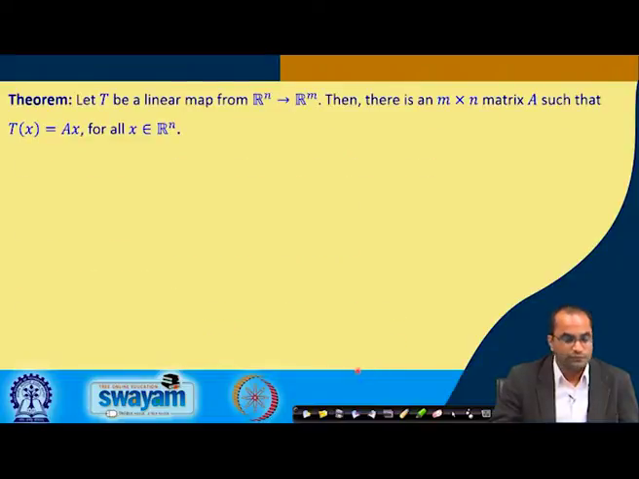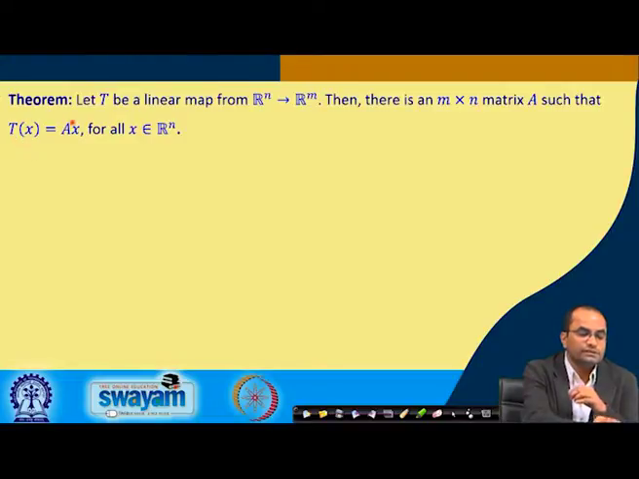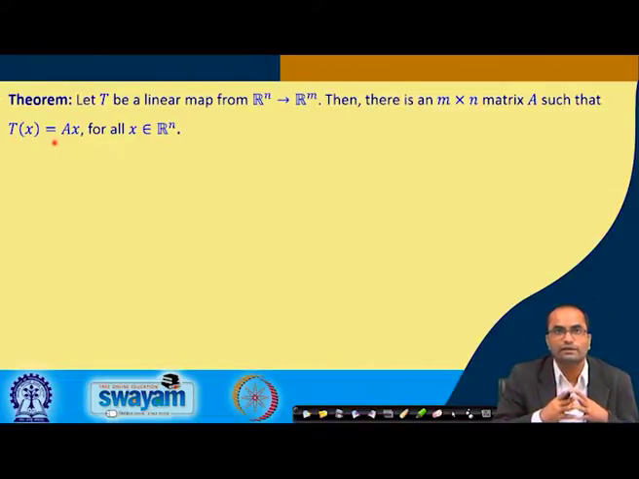Well, so now there is another nice result: if T is a linear map from R n to R m, then there is always an m cross n matrix A such that this T x can be represented in terms of this matrix A. So, whatever we do with the T x, that linear map, we can actually work with the matrix A, just